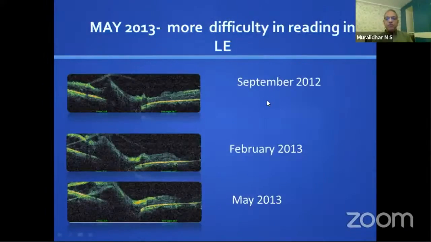Therefore, we just followed up the patient for a couple of months, and the vision did not improve, and it actually started deteriorating a little bit more. And then OCT also showed increasing traction over more than 6 months. At this time, we said, okay, it's time that we did something about this, and we went ahead and did the surgery for this patient.